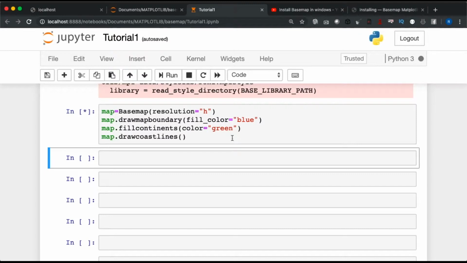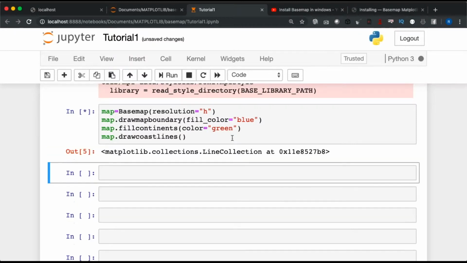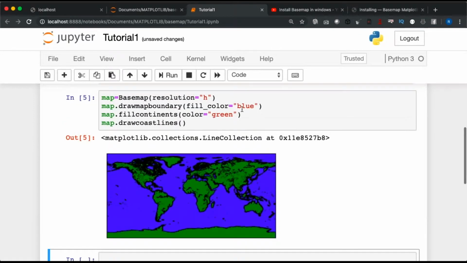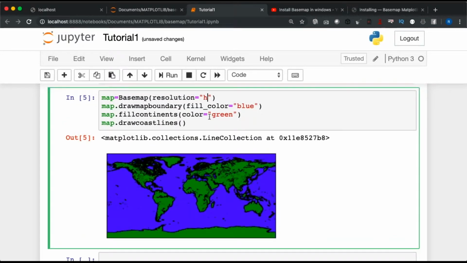Still doing something in the backend. It's very slow. I'm not sure. Okay, it will come. Hmm, it's coming. It will take some time. Yes, see, it came. So I'd like to show you something: if you just give H, meaning high definition,